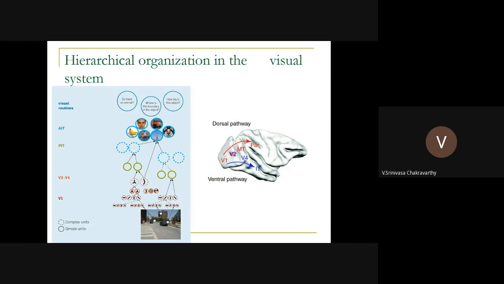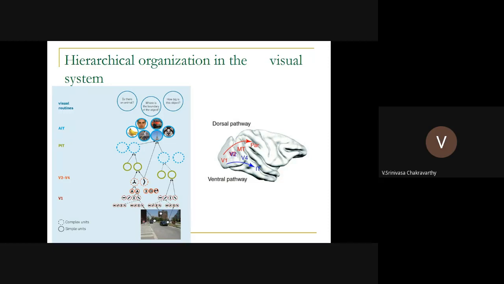This is a picture of a macaque brain. Input from the eyes first goes to this area called V1, the primary visual cortex. So it's the first cortical stopover of the visual information coming from the eyes. And if you look at even lower layers, which is not shown here,